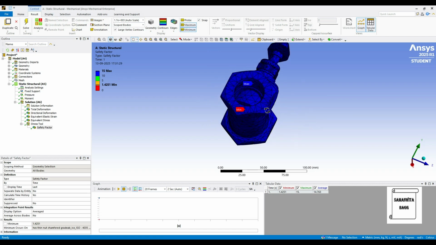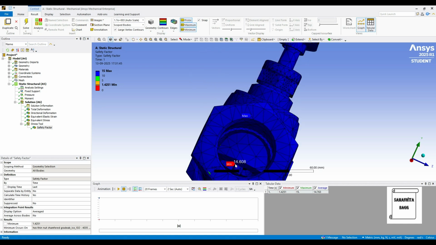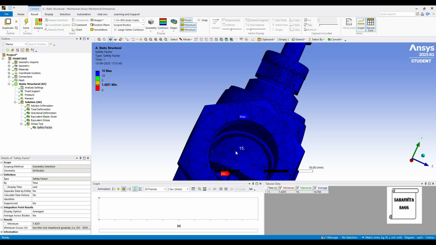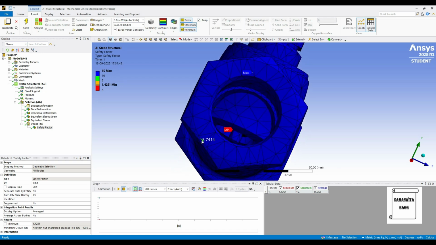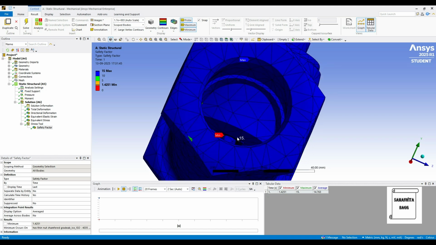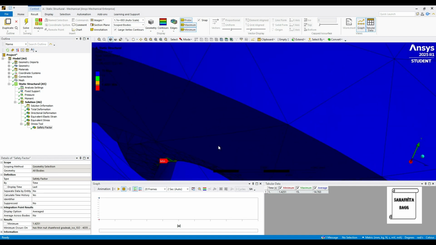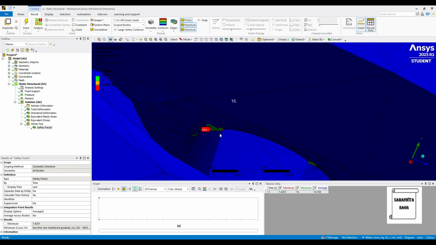So here you can see the value is minimum in the zone. You can use the probe option and go there, and you can see what this value is, where it is showing minimum. Like over here it is 8.74, and wherever it is minimum here, you can just zoom and see, this is the minimum value. So this is showing as 3.31.